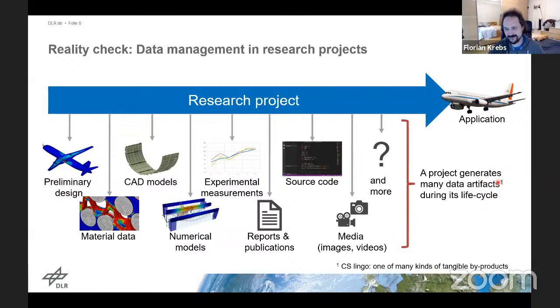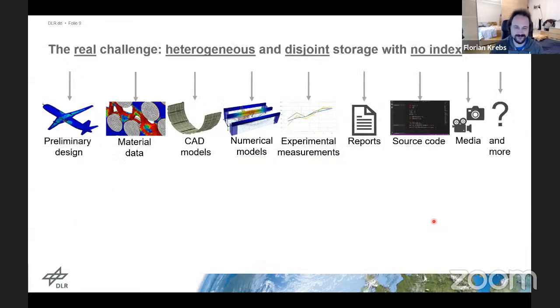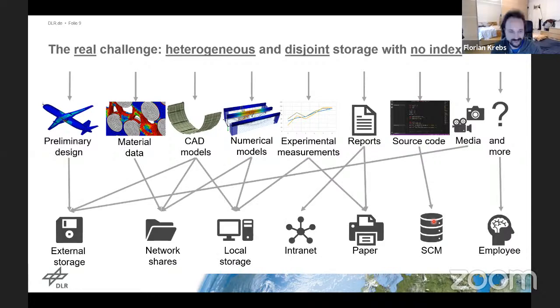And of course, artifacts here does not have the negative connotation that something is wrong, but is just some kind of tangible product that is produced during an experiment. As I said, I will focus today on experimental measurements, but just to give you an even bigger picture, the biggest challenge we are currently facing is that all of this data goes to a lot of different destinations, from external storage devices like USB sticks or hard drives, network shares, on your local computer,